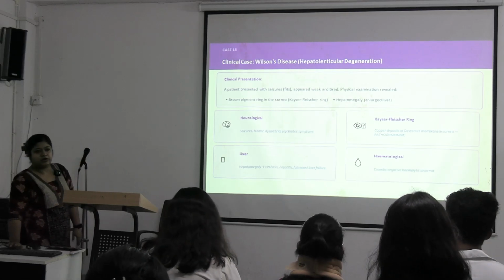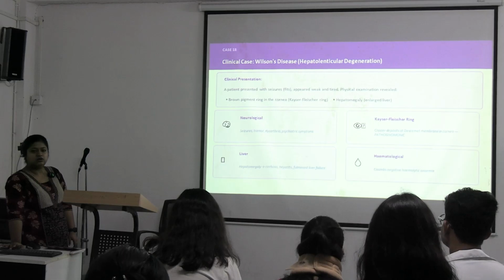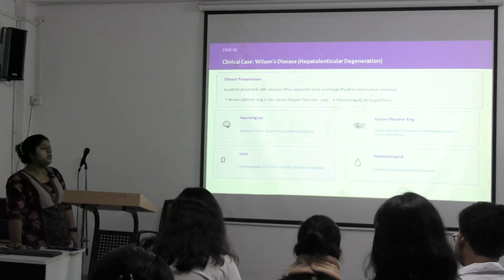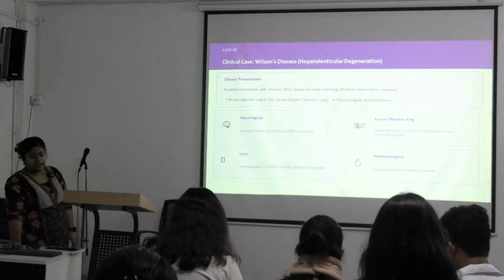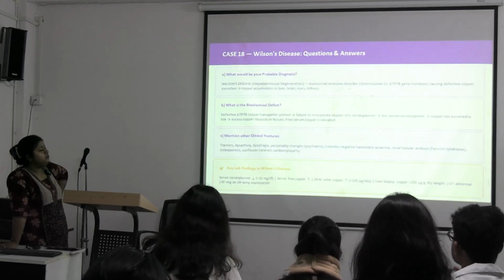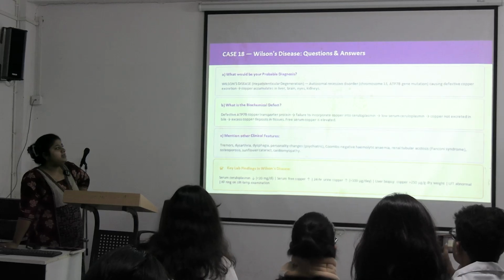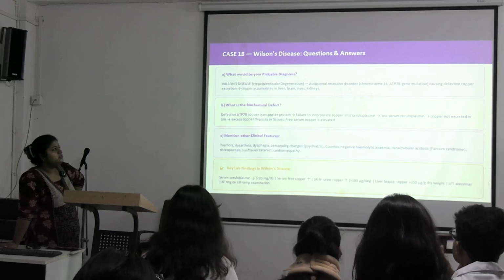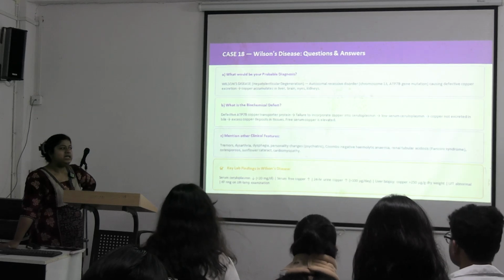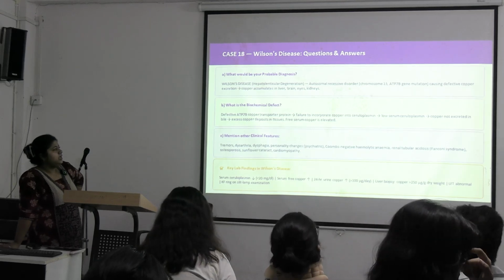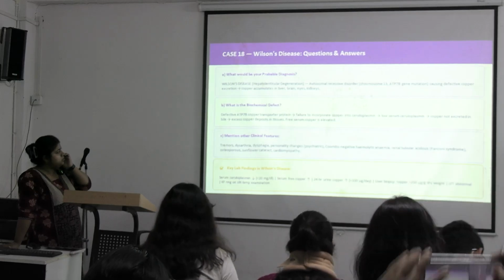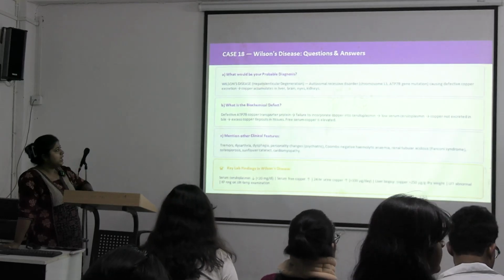There will be no antibody. Coombs test is done to detect whether there is any antibody against the RBCs or not, but there will be Coombs negative hemolytic anemia. So, the probable diagnosis here from the symptoms will be Wilson's disease. It is an autosomal recessive disorder where the defect lies in the chromosome 13 gene ATP7B, causing defective copper excretion and leading to copper accumulation in liver, brain, eye, kidney.